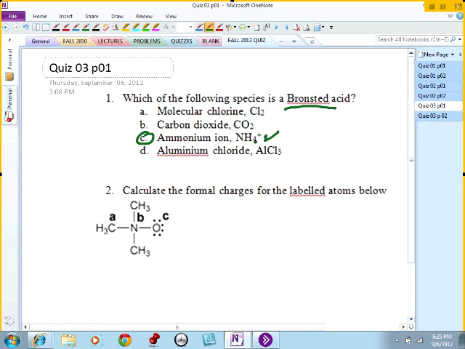But I also want to take this opportunity to expand on the concept of acid-base reactions. For the most part, the reason I give some of these quizzes is not only to elicit active participation from you guys during the class, but also to expand on some of the concepts that we discussed previously. Okay, so now if we talk about acid-base reaction,